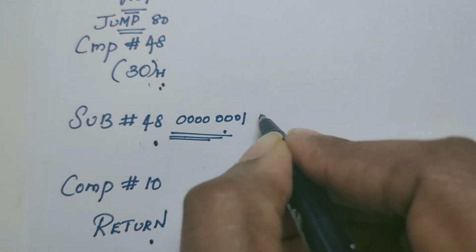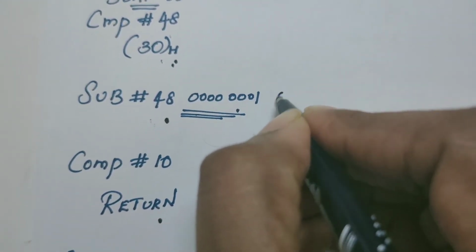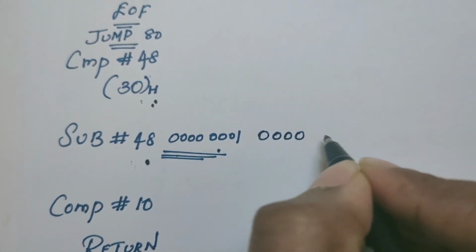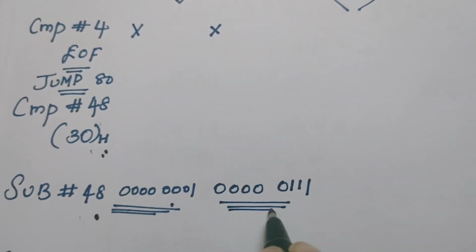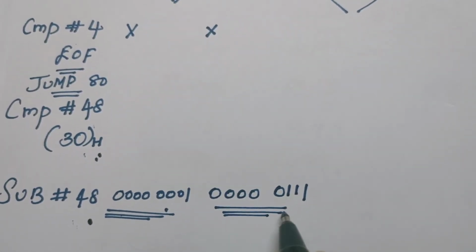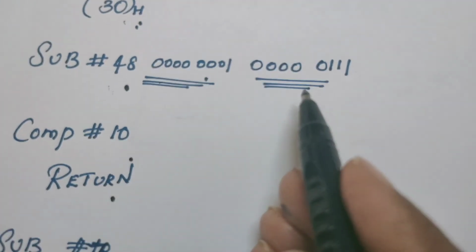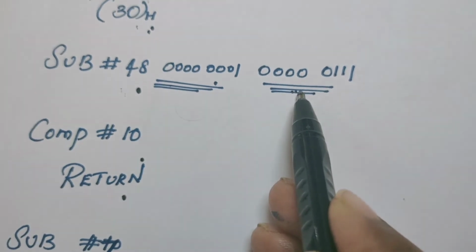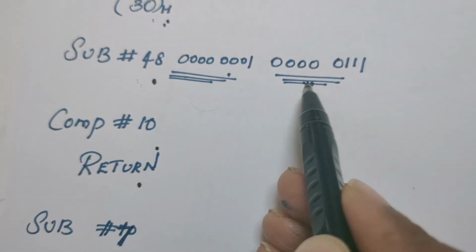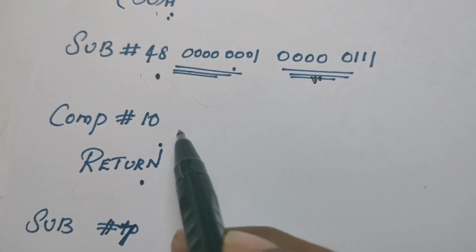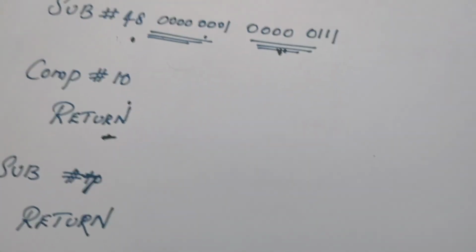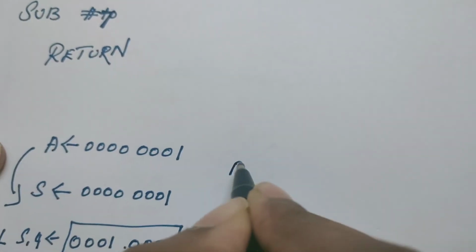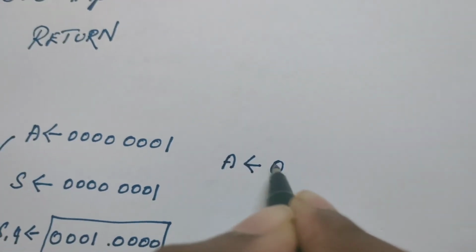So 7 means, what is available in the accumulator now? 0000111. This is the value available in the accumulator. This is in fact a 7. This is the binary equivalent of 7. Now this is being compared with 10. It means whether this result, whatever is there in the accumulator, is less than 10. Yes, it is less than 10. So return to the main program. If it is returned to the main program, what happens now? Now the accumulator contains the value